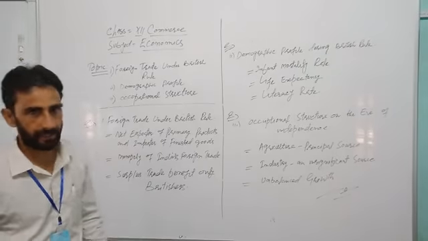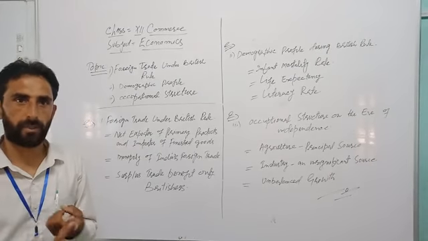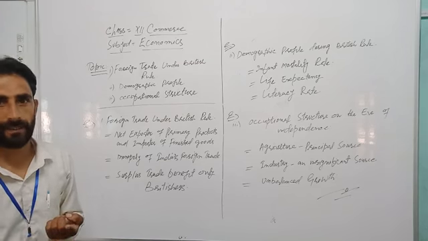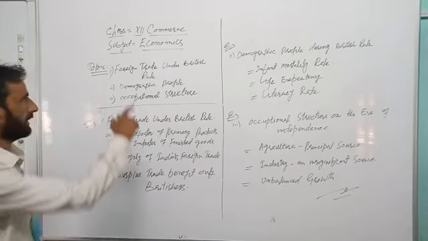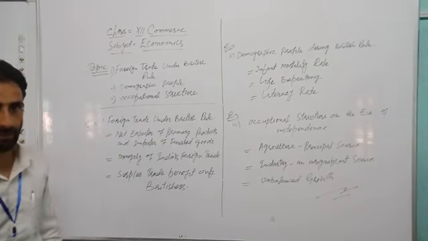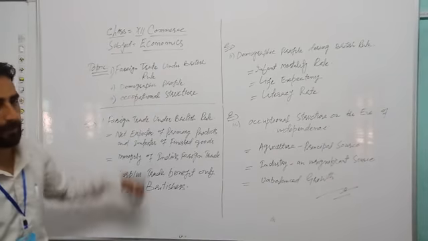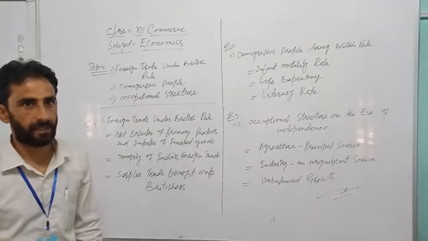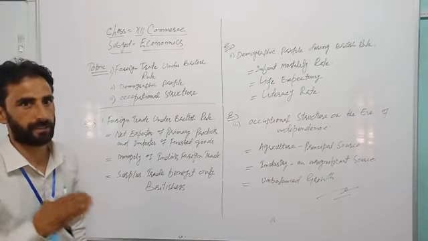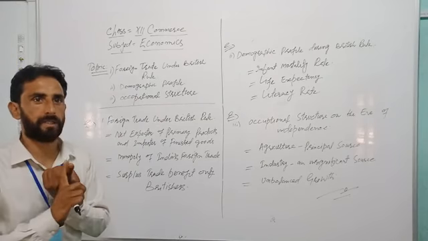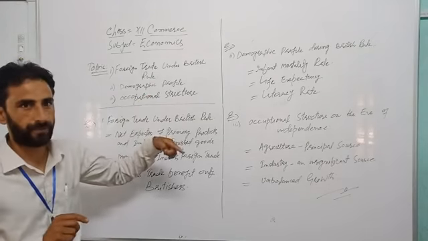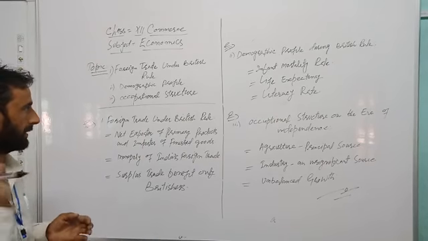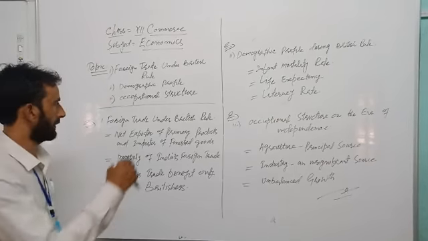In our previous lecture, we discussed two components: agriculture on the eve of independence and the industrial sector on the eve of independence. Today we will discuss the third one, foreign trade under British rule, then the demographic profile, and the occupational structure. These are six components: two we discussed in the first lecture, three today, and one remains. We will discuss the remaining one in the last lecture.